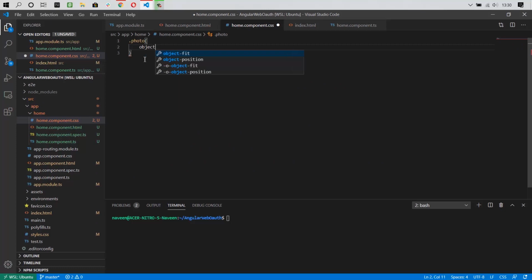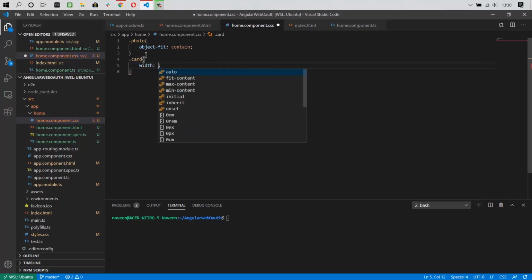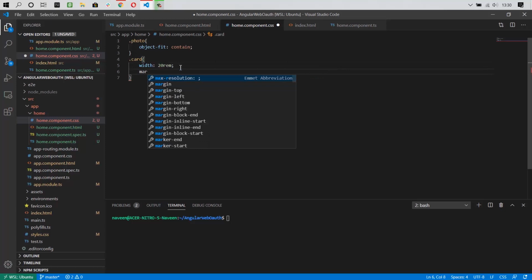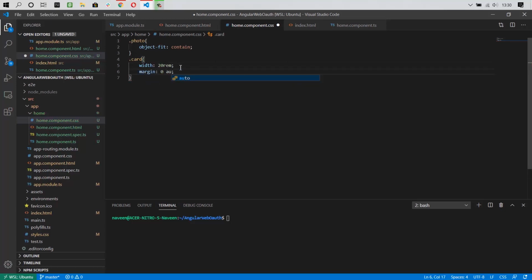I'm setting my object-fit as content, and I'm going to set my card size, and we'll make it 20rem. Done. And margin we'll make it auto. That's it. So now we are trying to run the program.